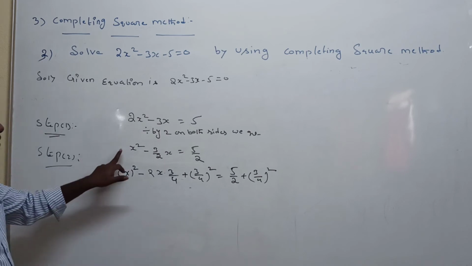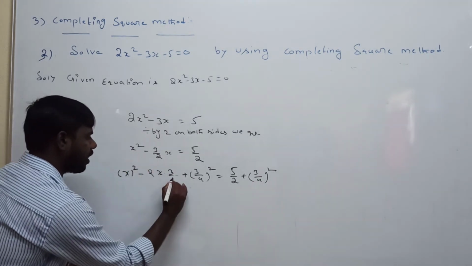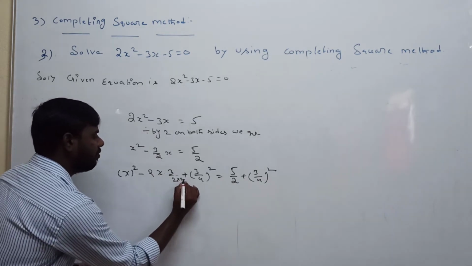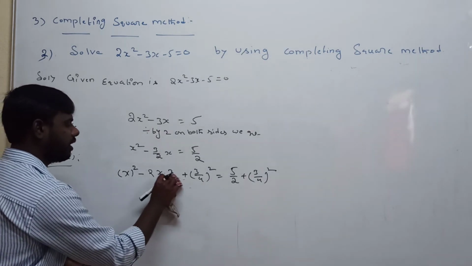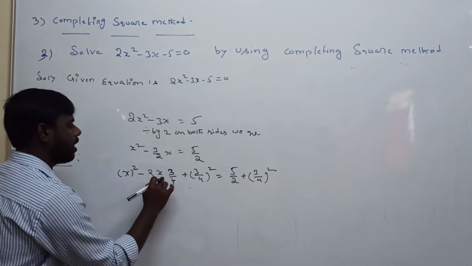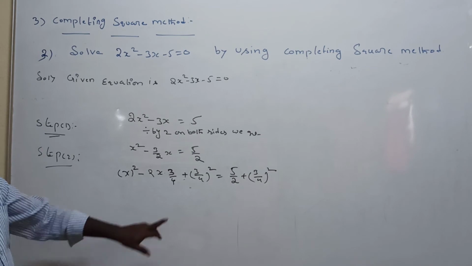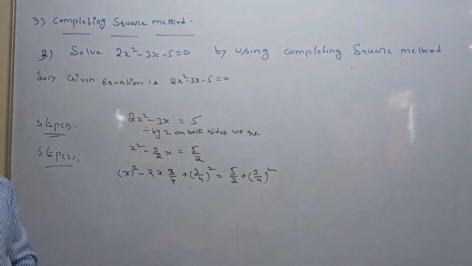Here first one is x square minus x into 3 by 2, writing x into 3 by 2. After that multiply with 2 divided by 2. Already denominator 2 is there, 2 into 2, 4. That's why we are writing directly 3 by 4. Now this form is a square minus 2ab. The next you want b square. B value is missing. That's why we are adding both sides. B square value, 3 by 4 whole square, plus 3 by 4 whole square adding both sides.